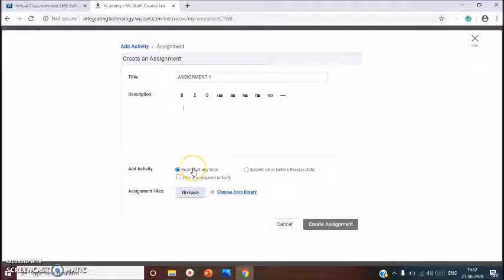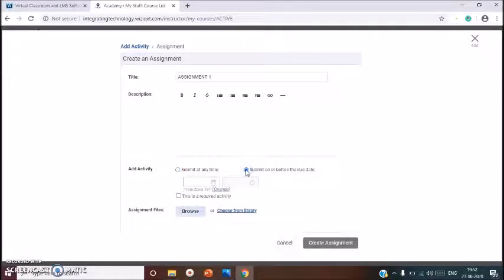Here is the option whether the assignment should be submitted at any time or the learner will submit on or before the due date. So I go for the second option. You need to select the date and the time, and again I click on this is a required activity.